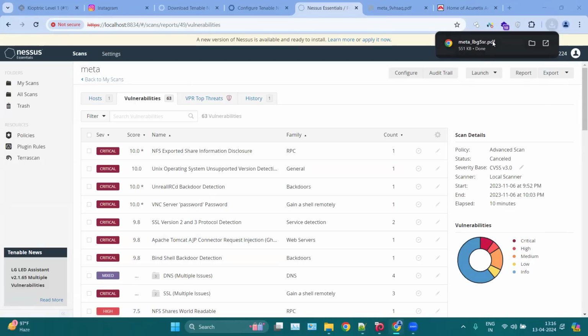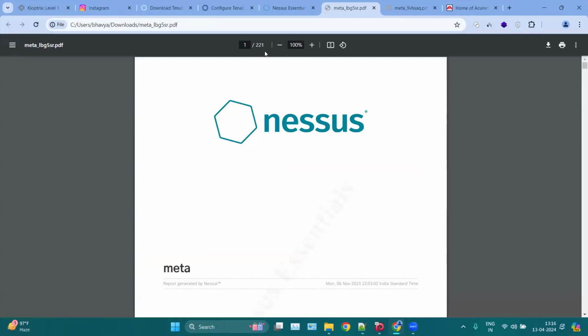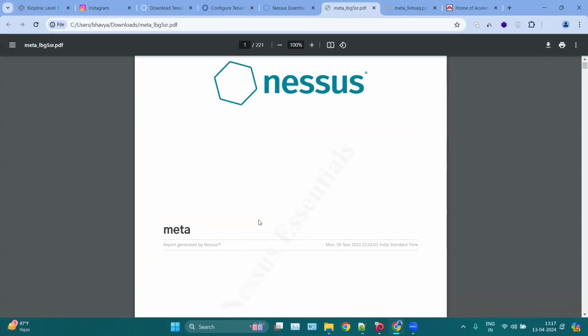Okay, and once completed, you can click on this report. Now you can see the size of the report, which is 201 pages. So it is a large report. So now you can create these detailed reports for your cybersecurity team, and you can create a short report